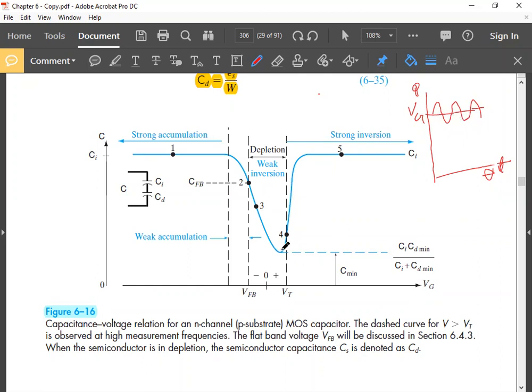So if you use a high frequency AC signal to measure capacitance, capacitance will not change. It will remain fixed at this value. But if you use a low frequency AC signal, electrons now can follow the variation of voltage. So now CD is large. Again, CD comes from the change of inversion layer charge, not from the change of depletion layer charge. Now for slowly moving voltage,